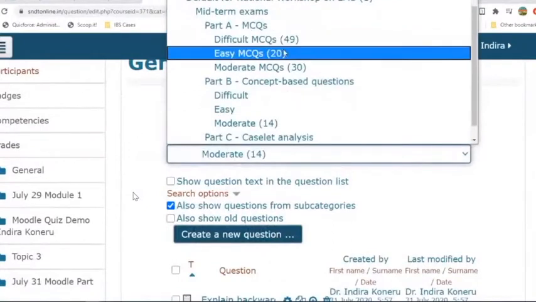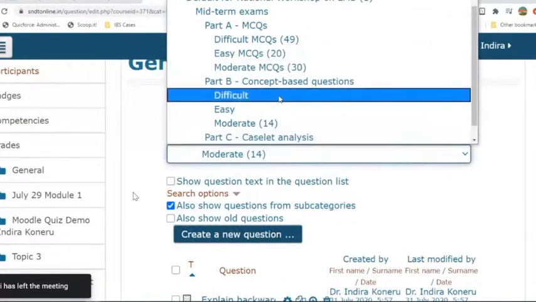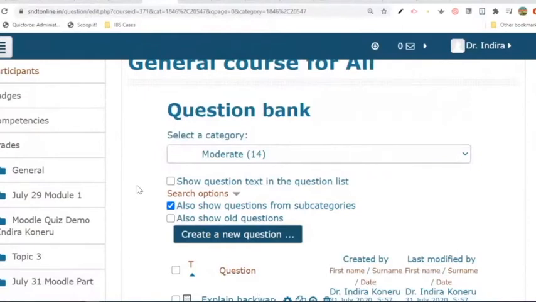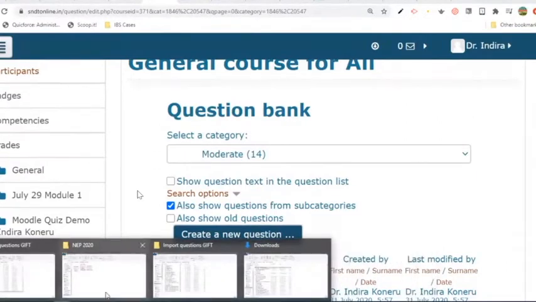See, now it is showing 49 difficult MCQs, easy MCQs 20, moderate MCQs 30, and coming to this part B 14. Now I'll take you through case analysis. Let me check where it is at.